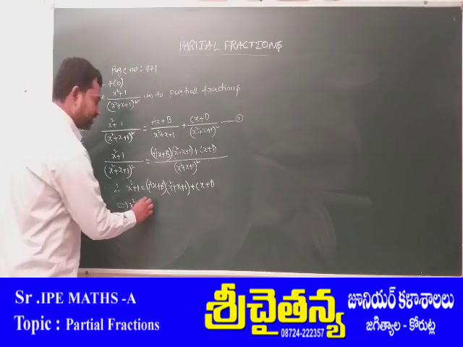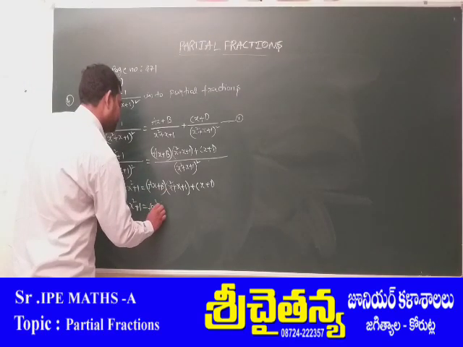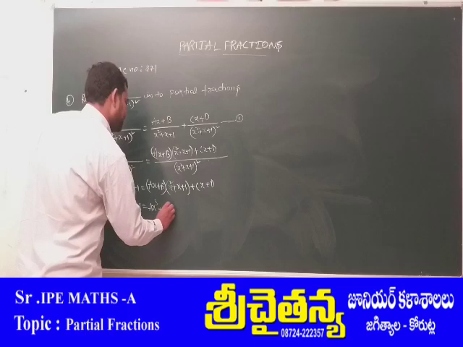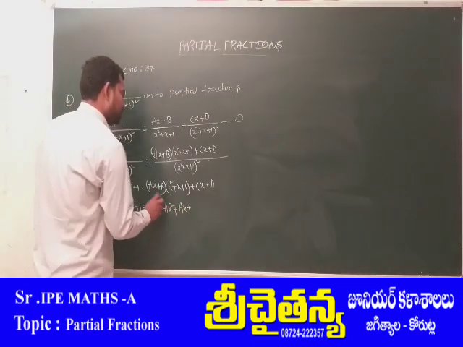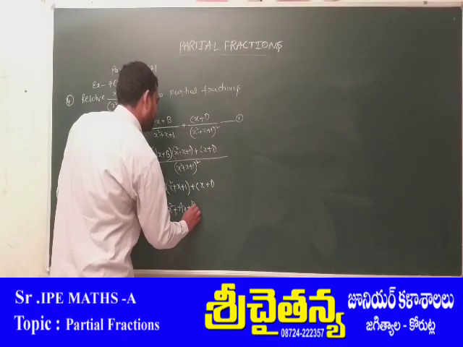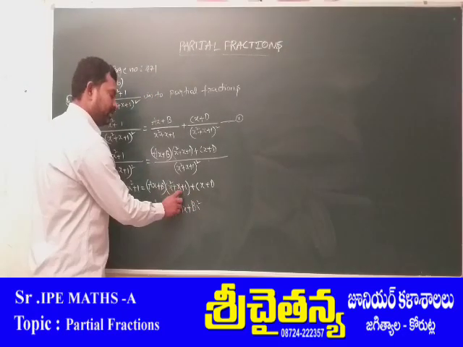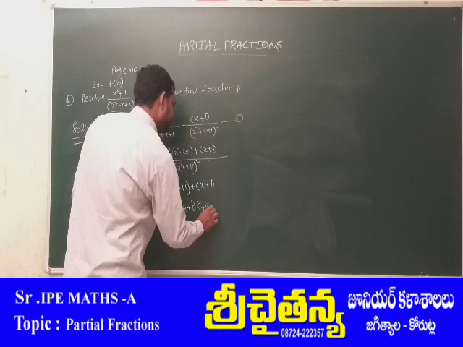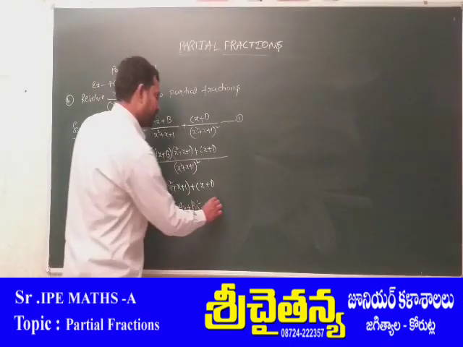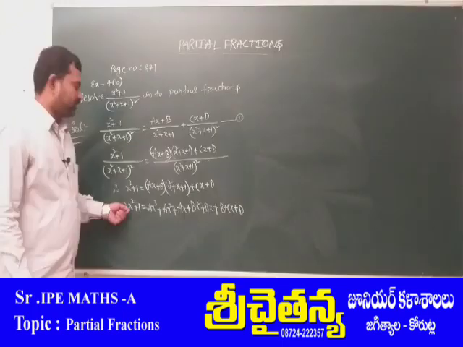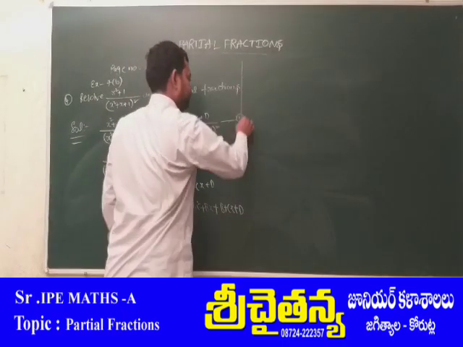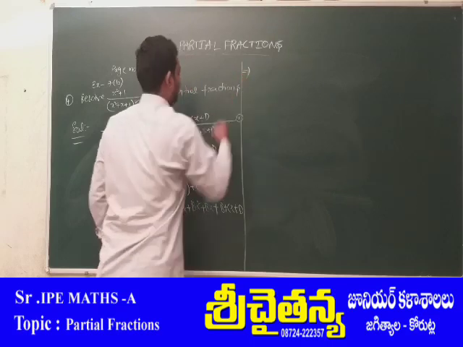Now simplify one more time here. That implies x square plus 1 is equals to ax into x square is ax cube, plus ax into x is ax square, plus ax into 1 is ax. Next b into x square is bx square. Next b into x is bx. Next plus b into 1 is b, plus cx plus d. First write here,